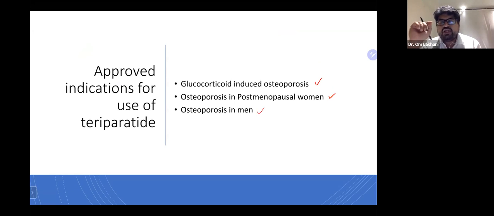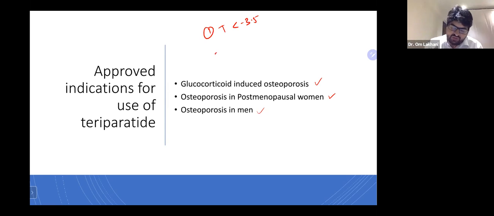We typically use teriparatide in osteoporosis in three situations. One is patients already having a T-score less than minus 3.5. So like we discussed in the first case, that patient had a T-score already of minus 3.5 or less. In that scenario, you directly use teriparatide. And remember, I'm talking about the T-score at the vertebra or at the spine and the femur, and not at the radius, because it is not going to benefit at the radius, right? So this is an important aspect.